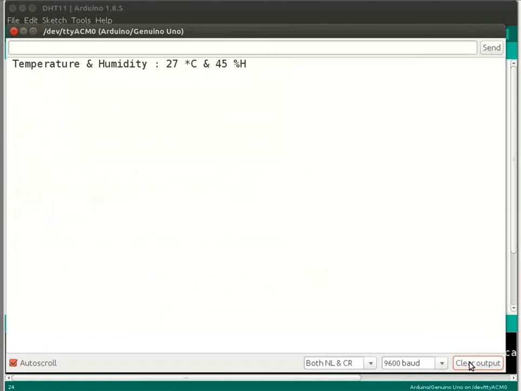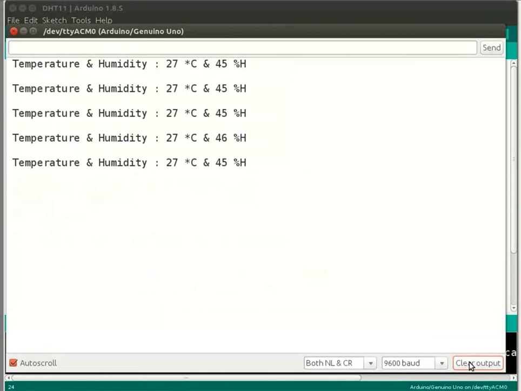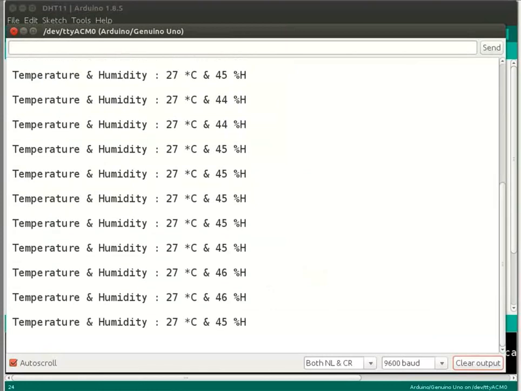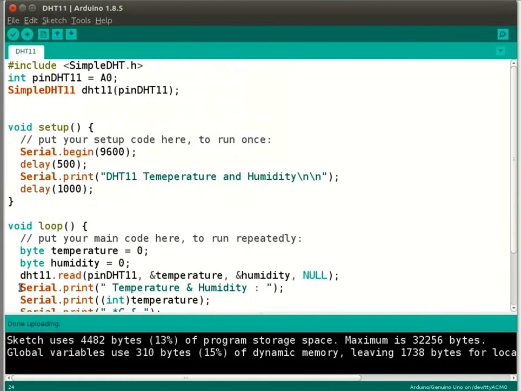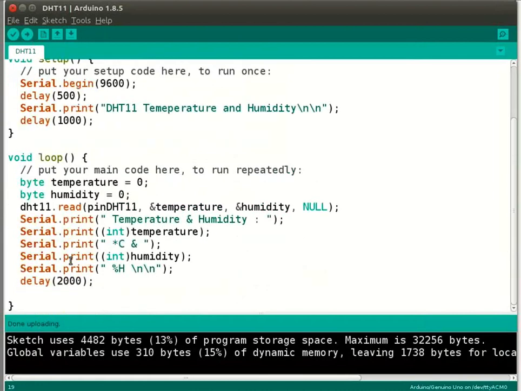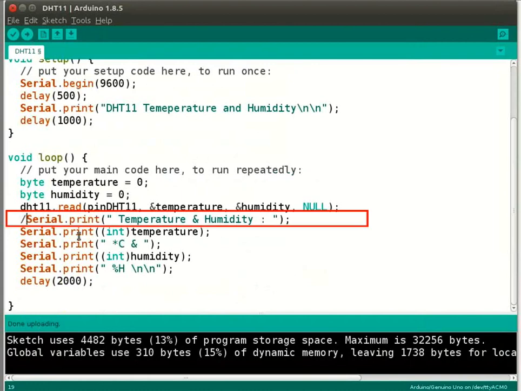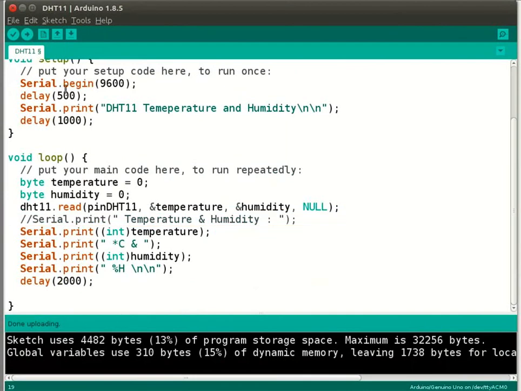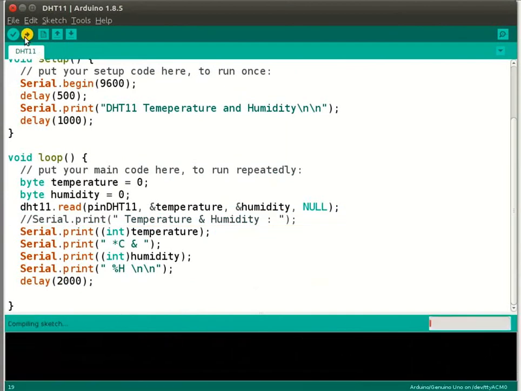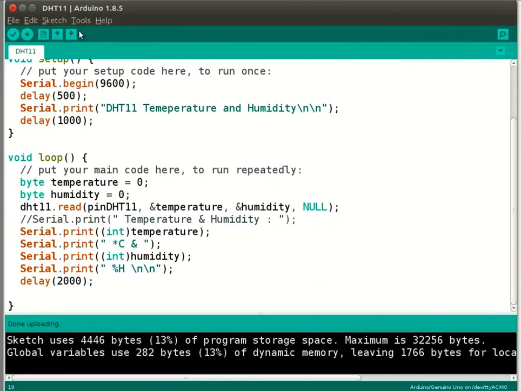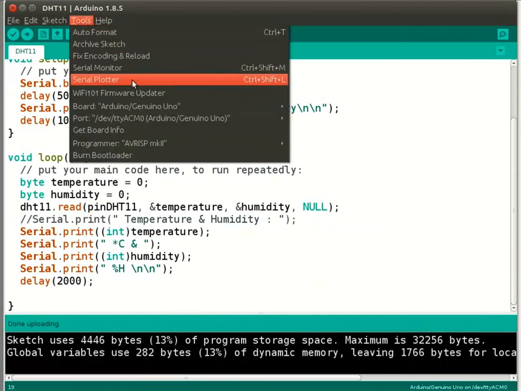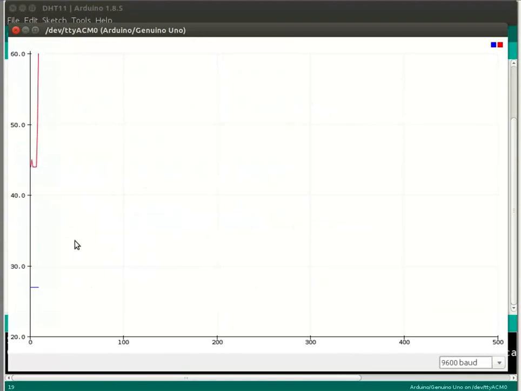Now we will write the code for void loop. We have created two variables, temperature and humidity, for DHT sensor output. DHT11.read reads the data from the sensor. It stores the result in the microcontroller's register. These lines print the temperature in degrees Celsius and humidity in percentage. Delay 2000 updates the current humidity and temperature readings every 2 seconds. This code is available in the code files link of this tutorial. You can download and use it.